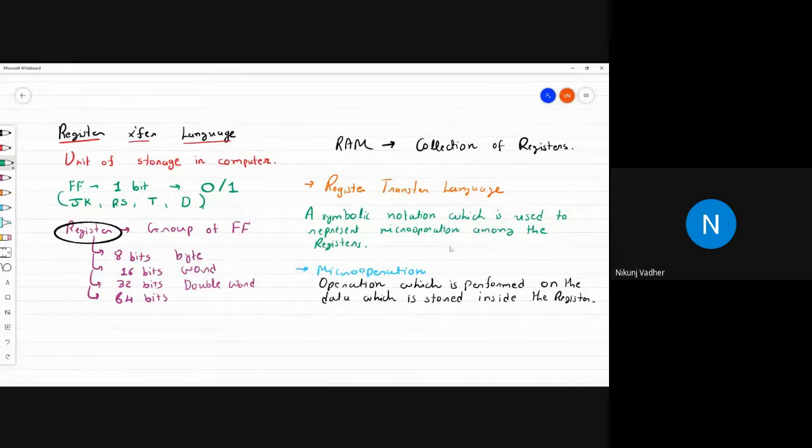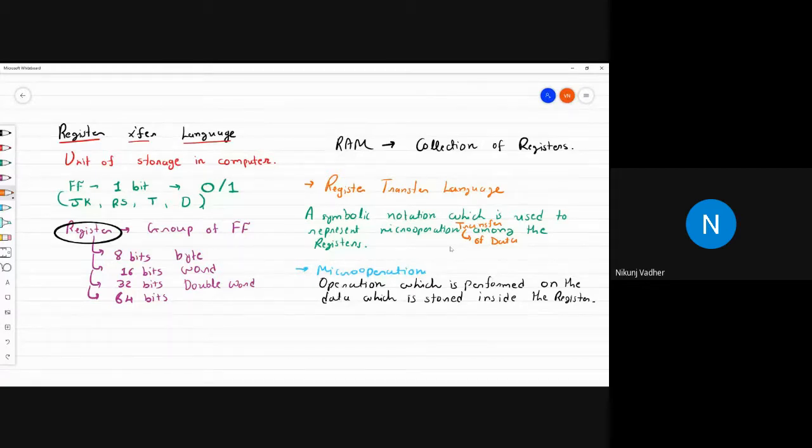Okay, it is symbolic notation which is used to represent the microoperation transfer. Here the keyword is transfer. Microoperation transfer of data among the registers is known as register transfer language.